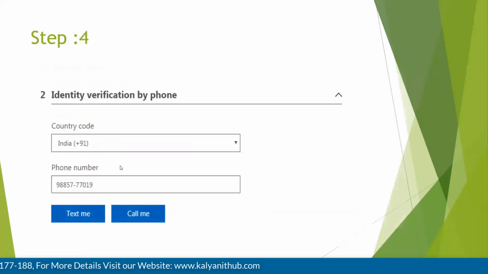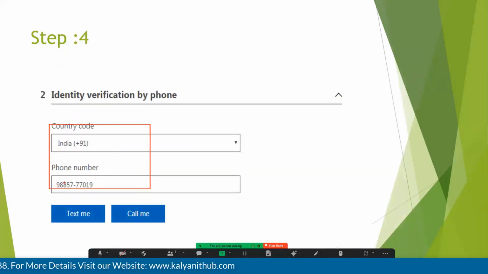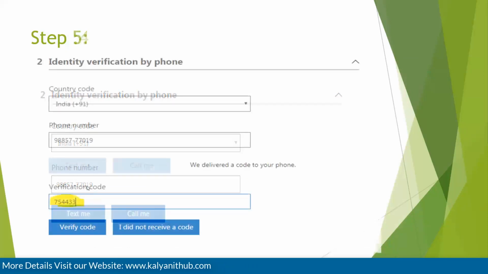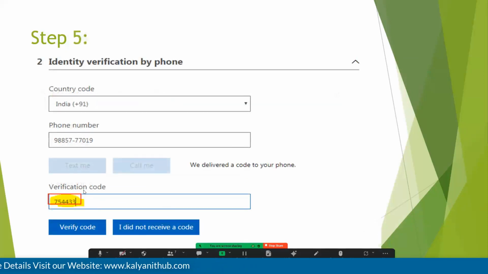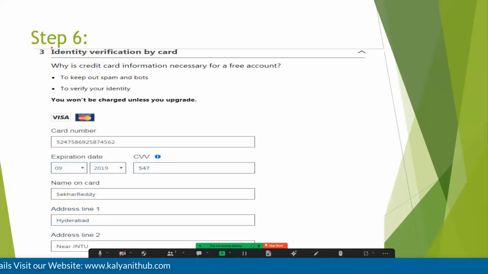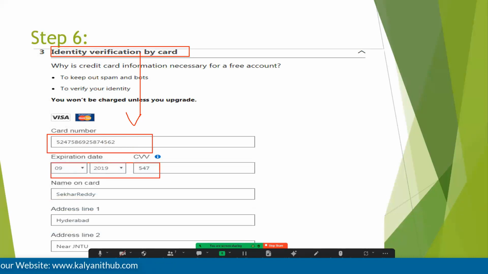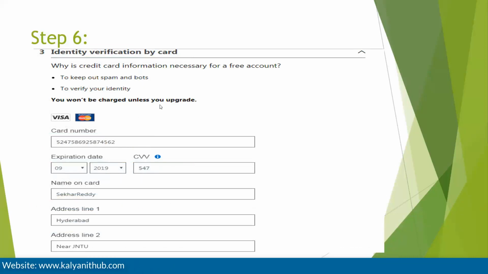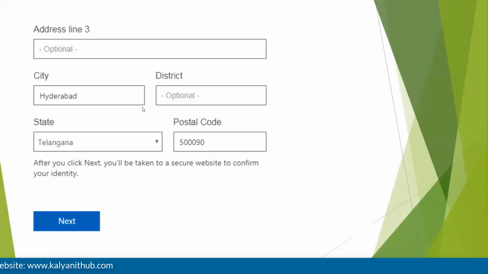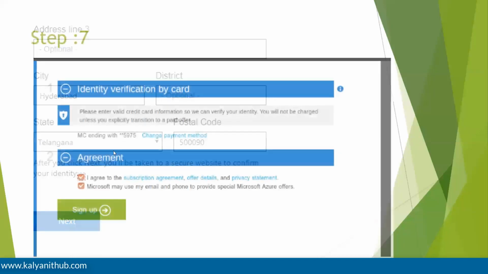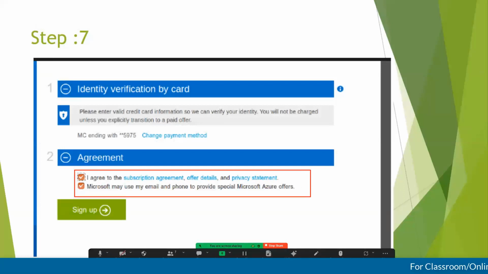I said right. We got one ID. I have entered the mobile number. Then you will get a verification code. I have entered it. Same way, fourth step, you have to enter your credit card details. I entered my SBI credit card details. Done. Next, you will be debited 2 rupees. Then you will get an OTP again. That is general. Some amount got debited from your bank, so obviously you are getting an OTP. Same day you have to enter it. Finally, agree to the terms and conditions.